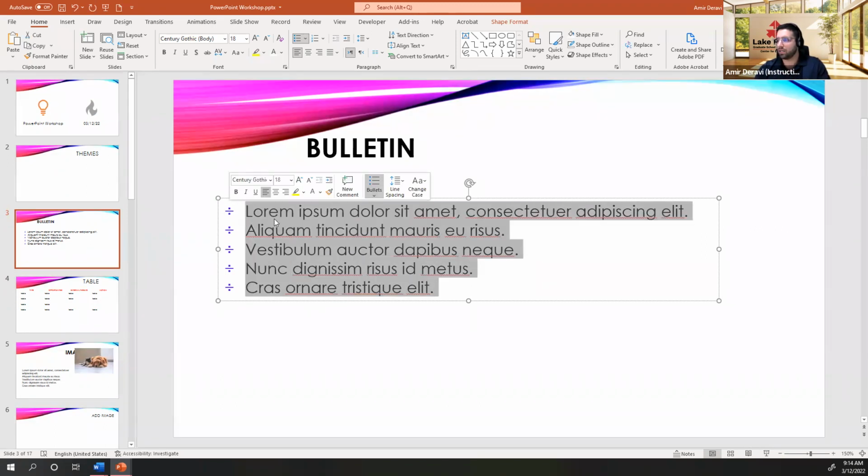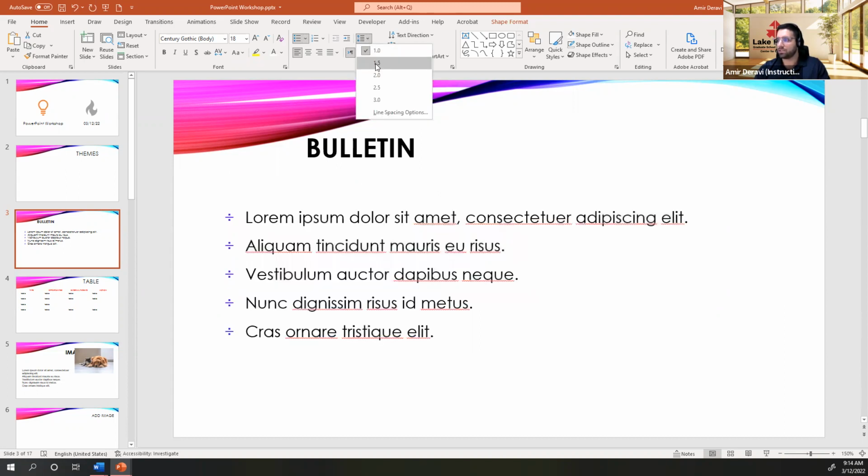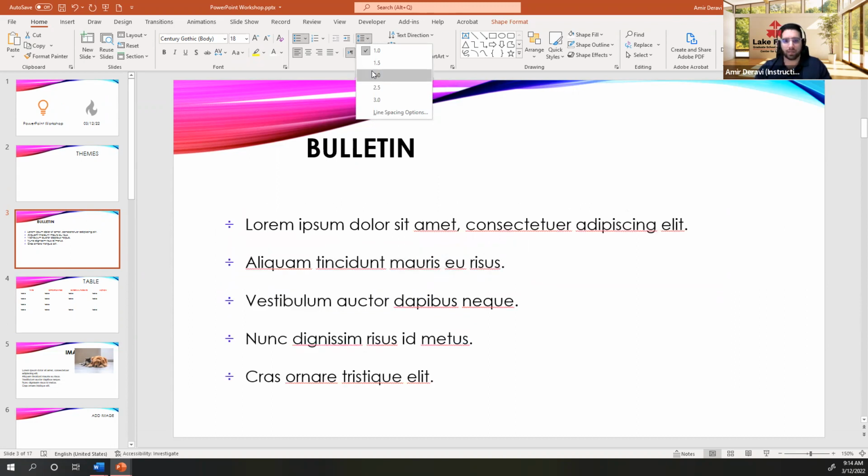To me, this looks a little bit close to each other. So if you highlight them, usually this thing pops up. If it doesn't, it's usually in the ribbon up there, so you can increase the distance a little bit more. Again, to make things a little bit cleaner, a little bit nicer, more visible to your audience, you can